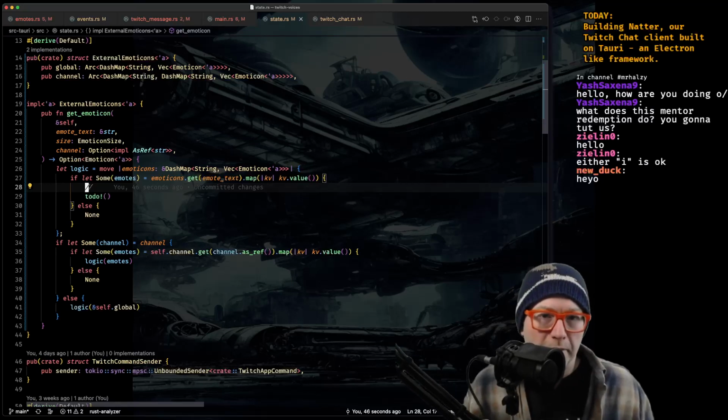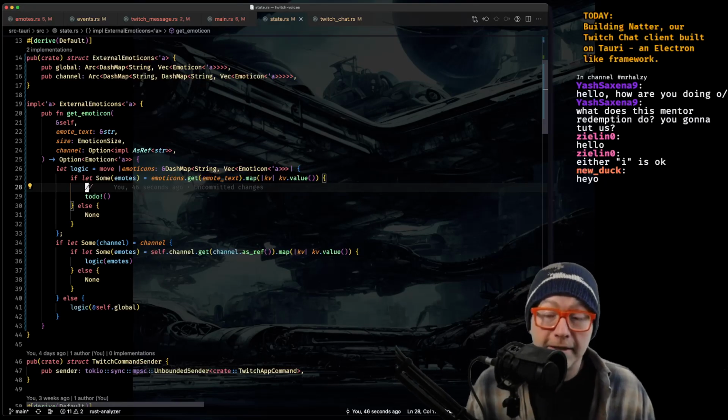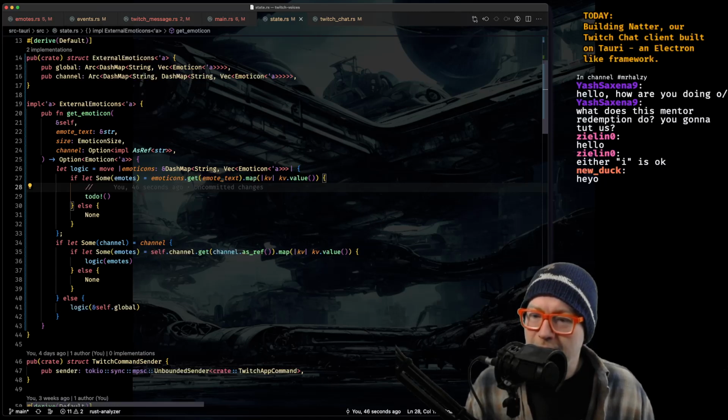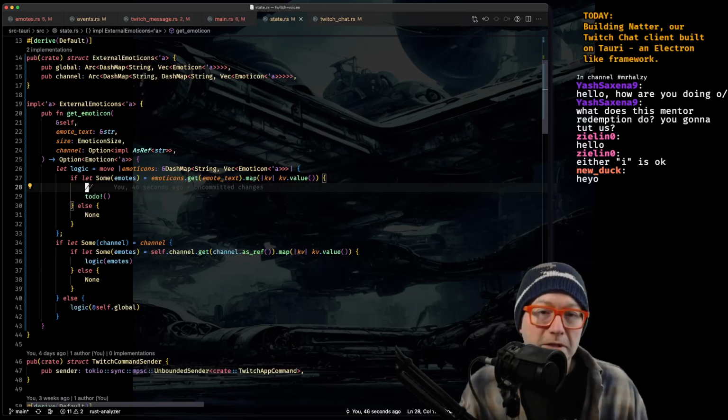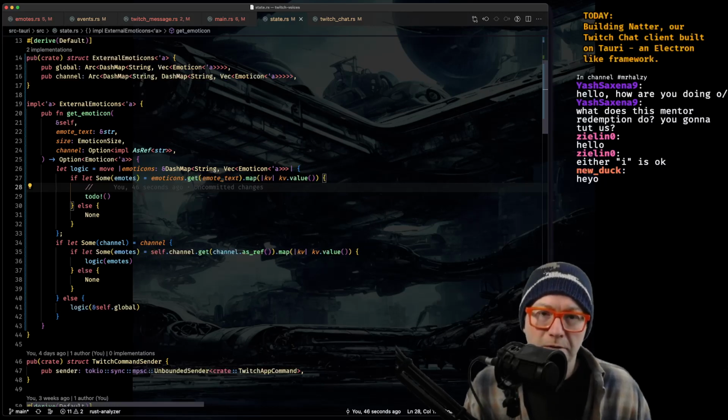I just had a light bulb moment that I don't like. I don't like this light bulb moment. Huh. What if the UI changes its size later? What if somebody says later that, oh, you know what? I don't want the big emotes. I want smaller emotes in some sort of setting.